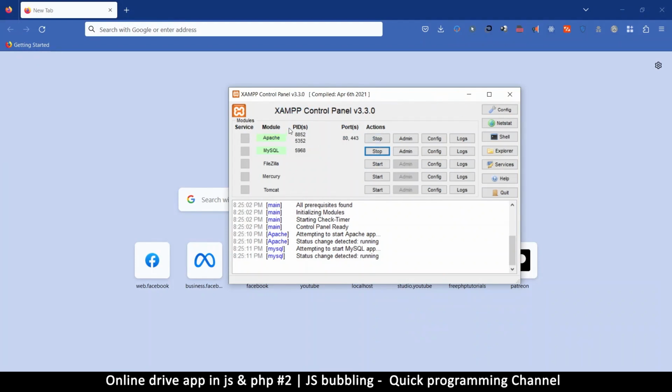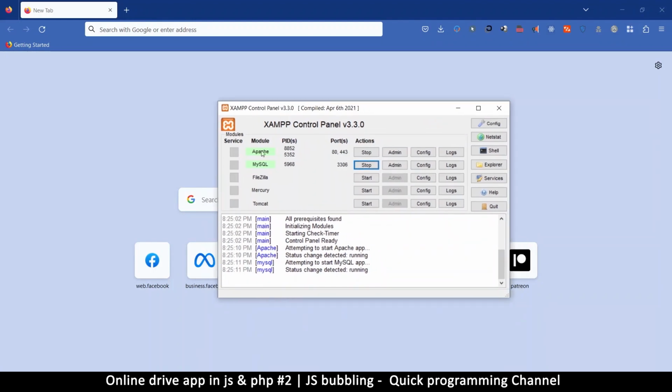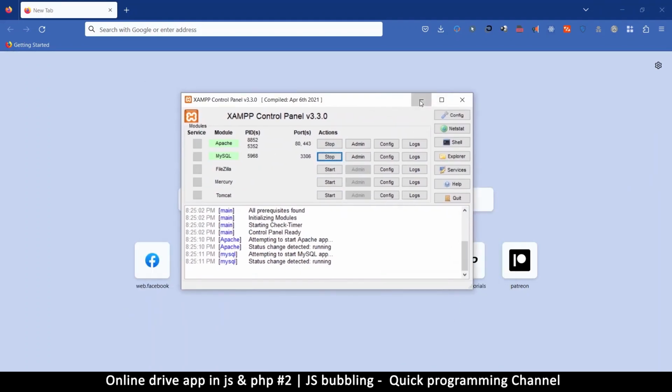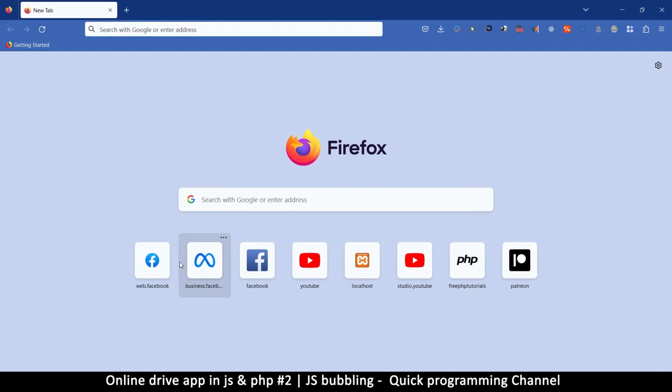Okay, so once you install XAMPP, whatever system you're using, open its control panel and make sure you start Apache and MySQL. MySQL is our database, Apache is our server. So we need both to be active. So start those two and we should be good to go. Okay, so we can minimize this now. All right, so once you're done with that, now we can grab the